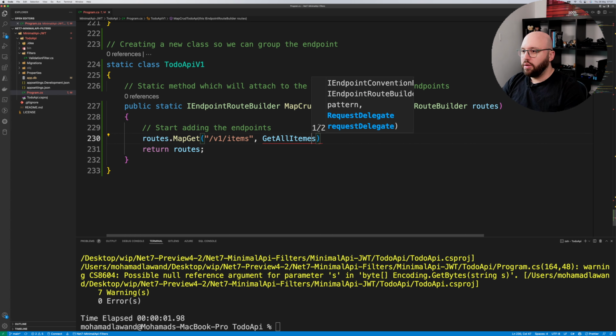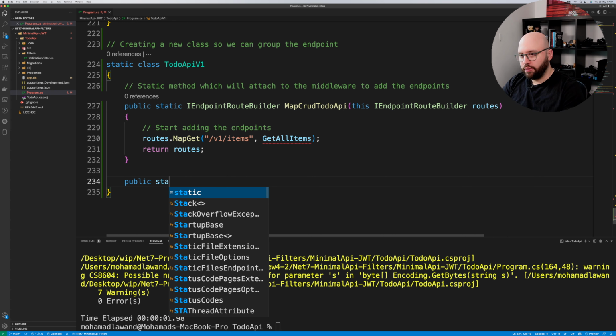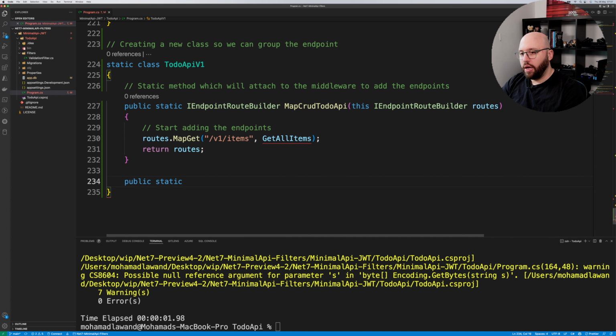Items. Items. I cannot type this morning. And once I have created this, now I need to create this method. This method is going to be public static, and we're going to make it async, and we're basically going to have a task return, and we're going to return an OK of type list of item if everything is correct in the way that we want them. And we're going to call this get all